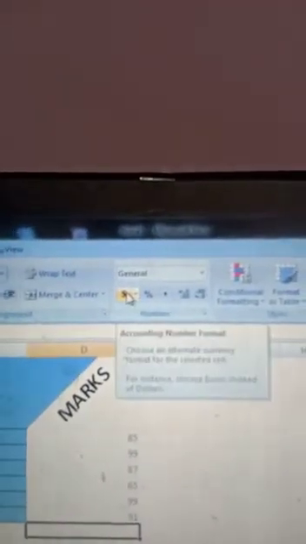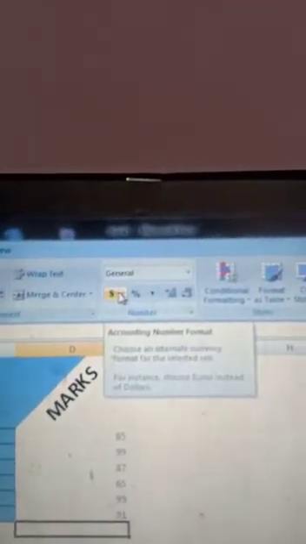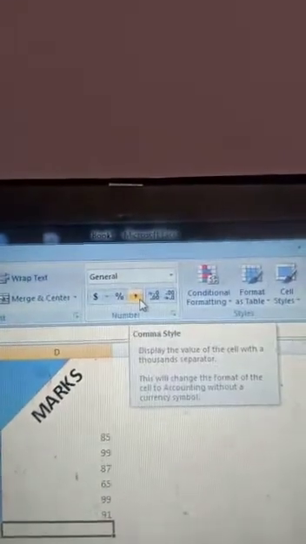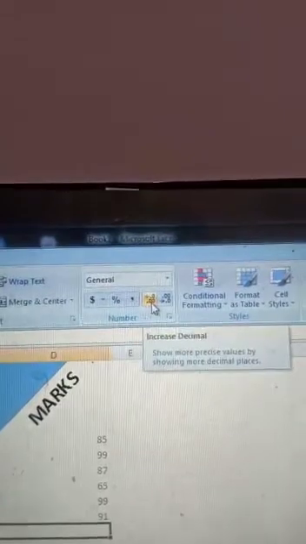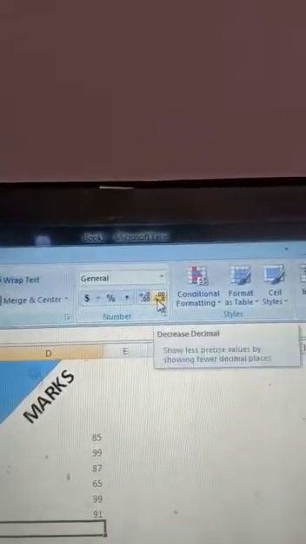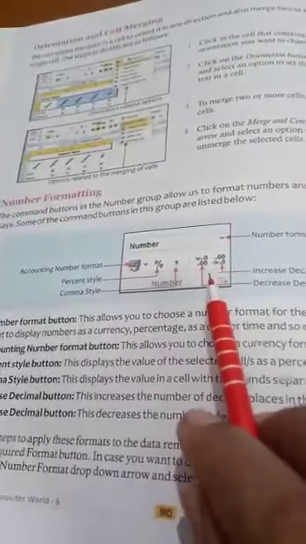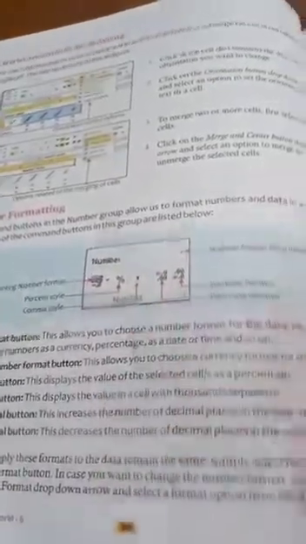Look here: account number format, percent style, comma style, increase decimals and decrease decimal. Okay, so which type of number style you want, then you have to select it. This is given in your book also: comma style, percent style, increase decimal, decrease decimal and number.